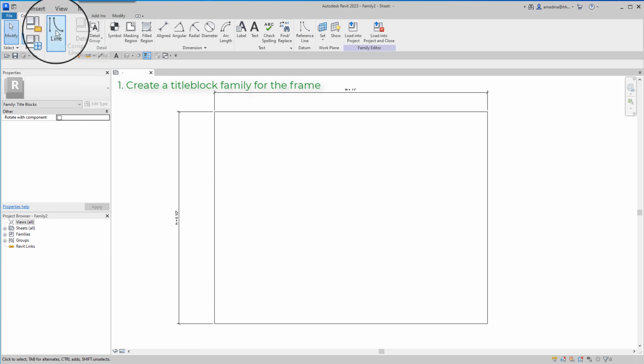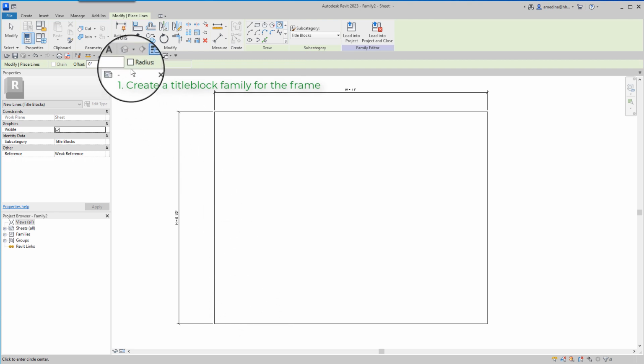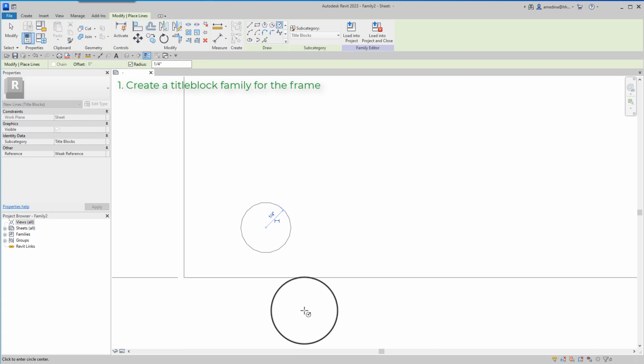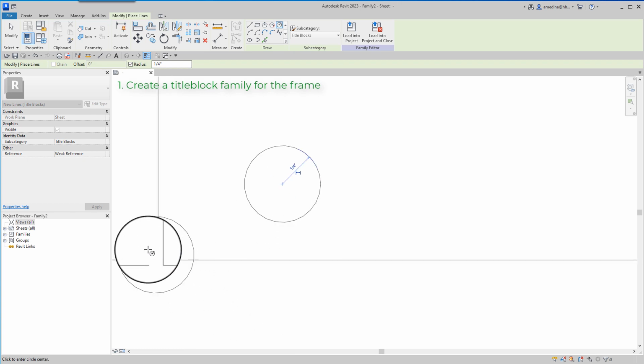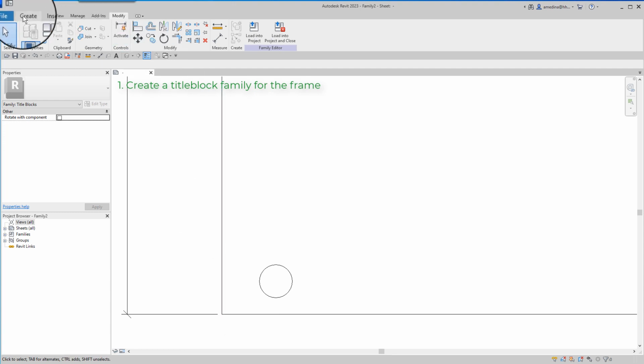Create, line, circle, and I create first a circle of 1/4 radius. So let me type the radius here, 1/4, and I place the circle anywhere first, and then I locate that circle in relation to this corner, like this.